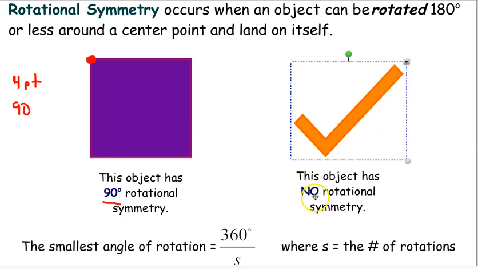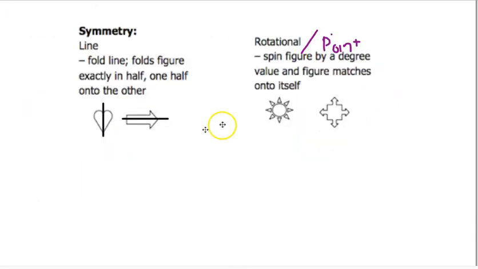So this object has no rotational symmetry. All right. So if I just go back and I look at these two shapes here, this sun, if I focus in on just this point, I would go once and I would get to here, 2, 3, 4, 5, 6, 7, 8. This has 8-point rotational symmetry, or if I did 360 divided by 8,